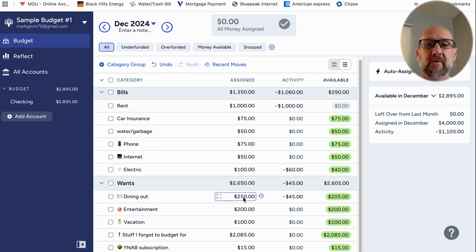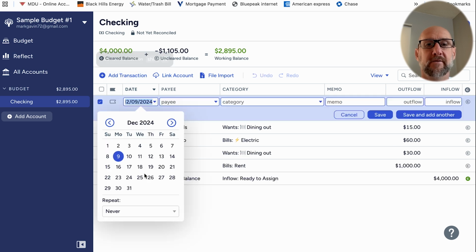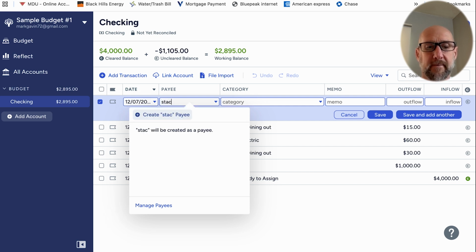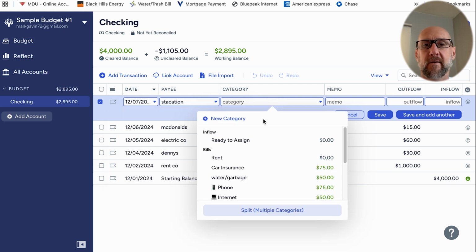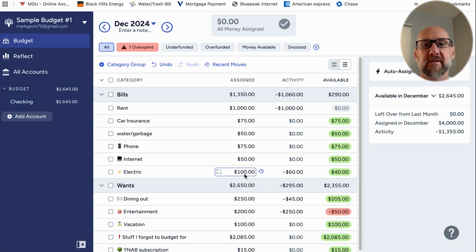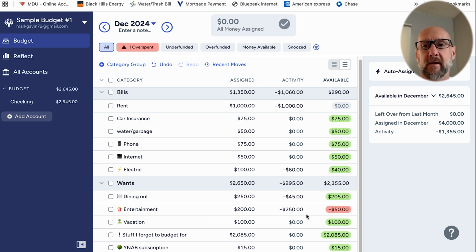All I would do is just move it over here. Let's do it that way I can just show you. Add another transaction, and let's say we did a staycation. Okay, category, we're going to put that down here in entertainment. And let's say we spent $250. Save, go back over to the budget, and then we go down to our entertainment, and you notice we're